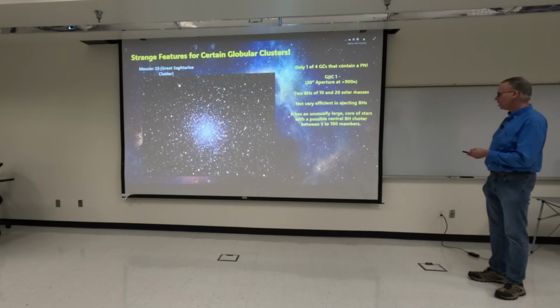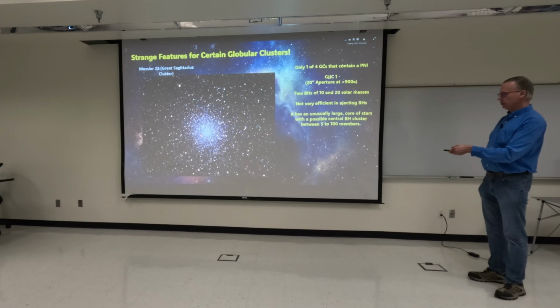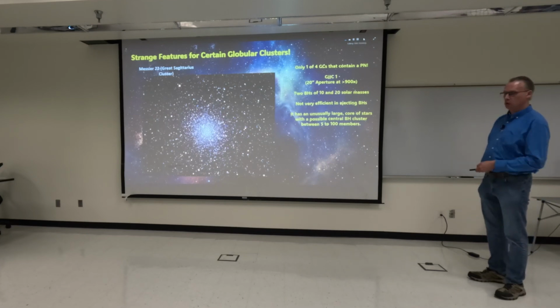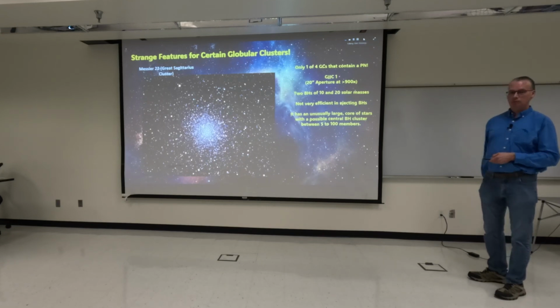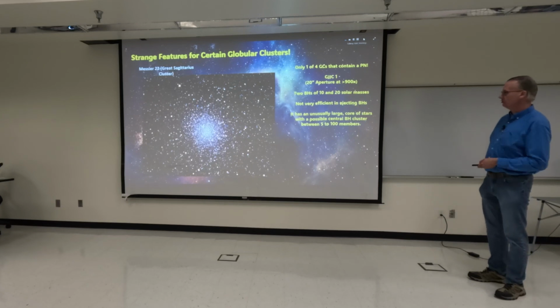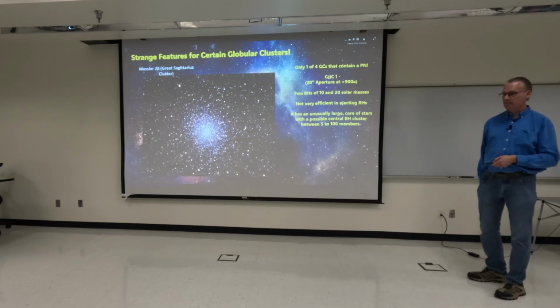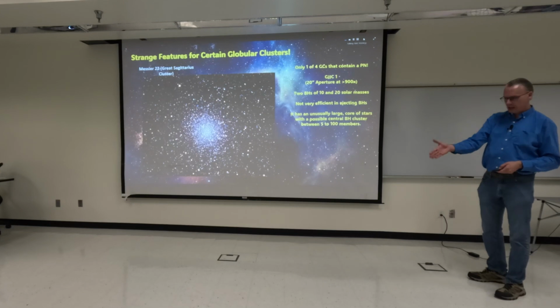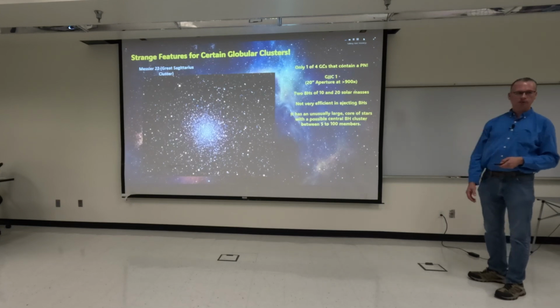But it has an unusually large concentration of stars, much denser, less than a tenth of a light year from each other at the central core of Messier 22. What astronomers find is that there's possibly a central black hole cluster right at the heart of Messier 22. How many members? The star motion is a bit bizarre in terms of the kinematics, that is the mechanical behavior, but no less than 5 and no more than 100 members.